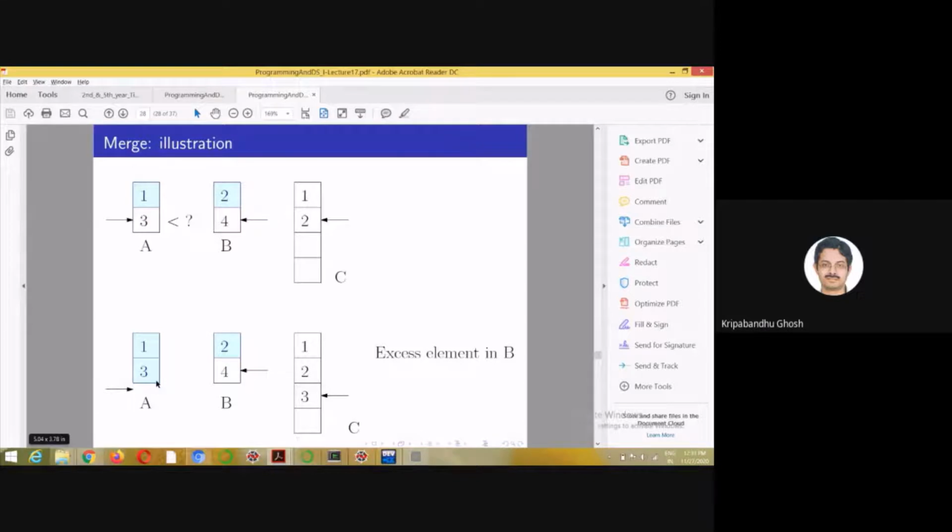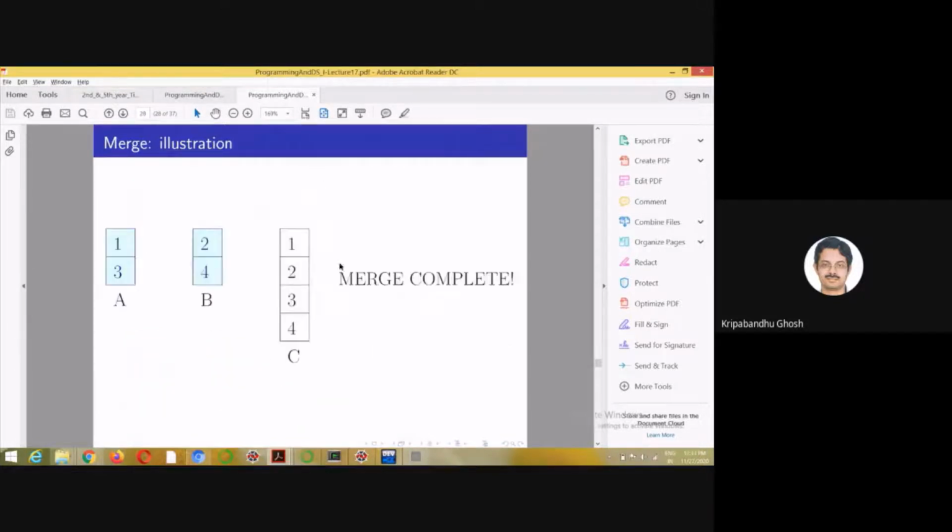Then you simply copy the remaining elements of the other array, which has not been traversed, into C. So we had two sorted arrays, A and B, and now we have merged them to create another array C, which is also sorted.